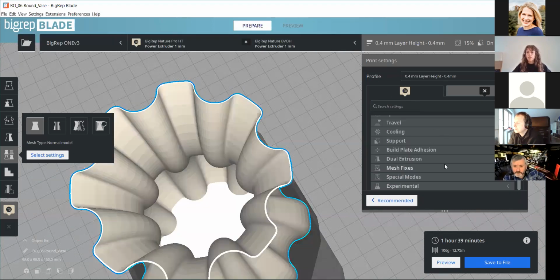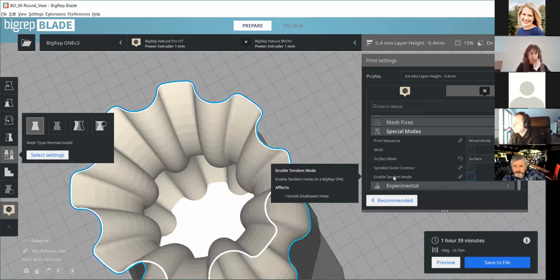Okay, so the last thing I want to talk about under special modes is tandem mode. I'm not sure if you're familiar with it. Currently, it is only available on the 1. It will be available on the Pro. The Studio will not. It will never be available for that. But tandem mode, essentially, if you're familiar with our machines, you know that our BigRep 1 comes with 2 extruders